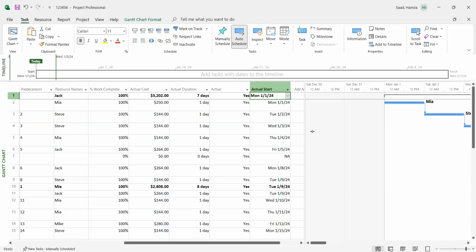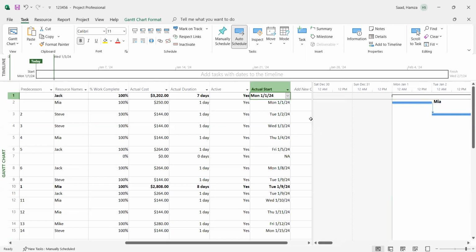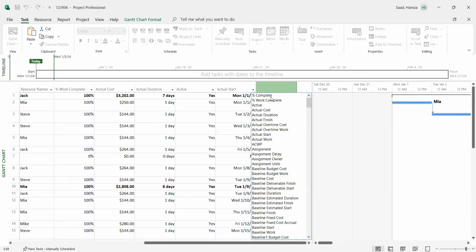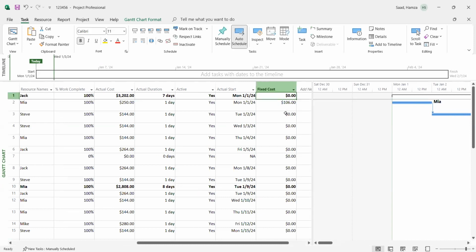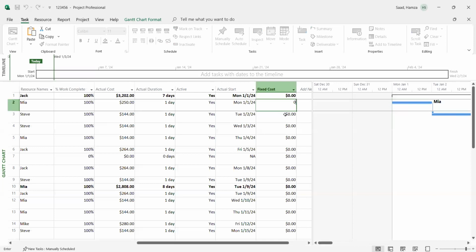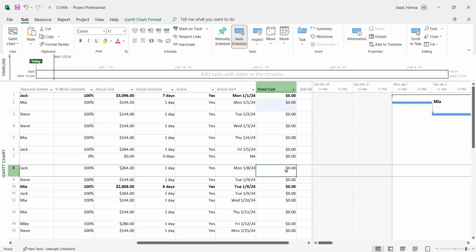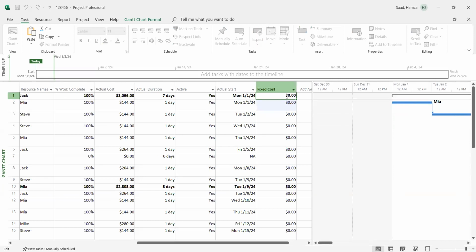Also, if I have any fixed cost, I can click fixed cost. This fixed cost is going to be added to the process. Here I have none, so I'm going to keep it 0 because I have no fixed cost already in my process. Then for Jack, maybe he added rent for rooms, or more tables or something. Then I'm going to add this for the main process. I'm going to add